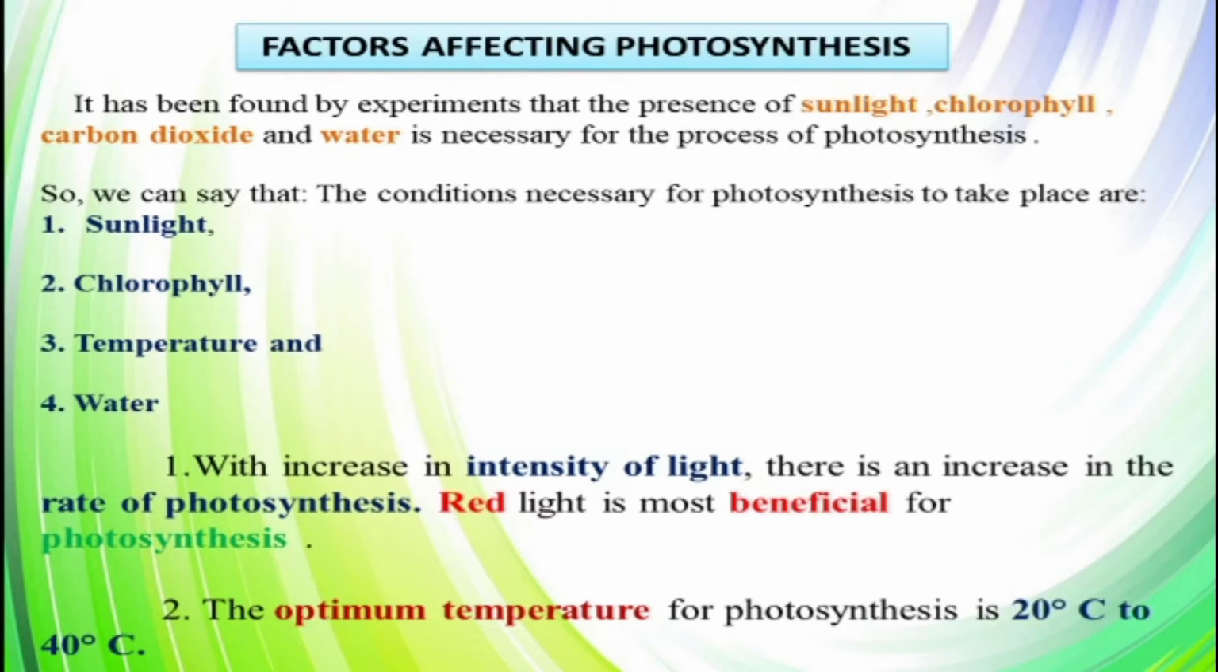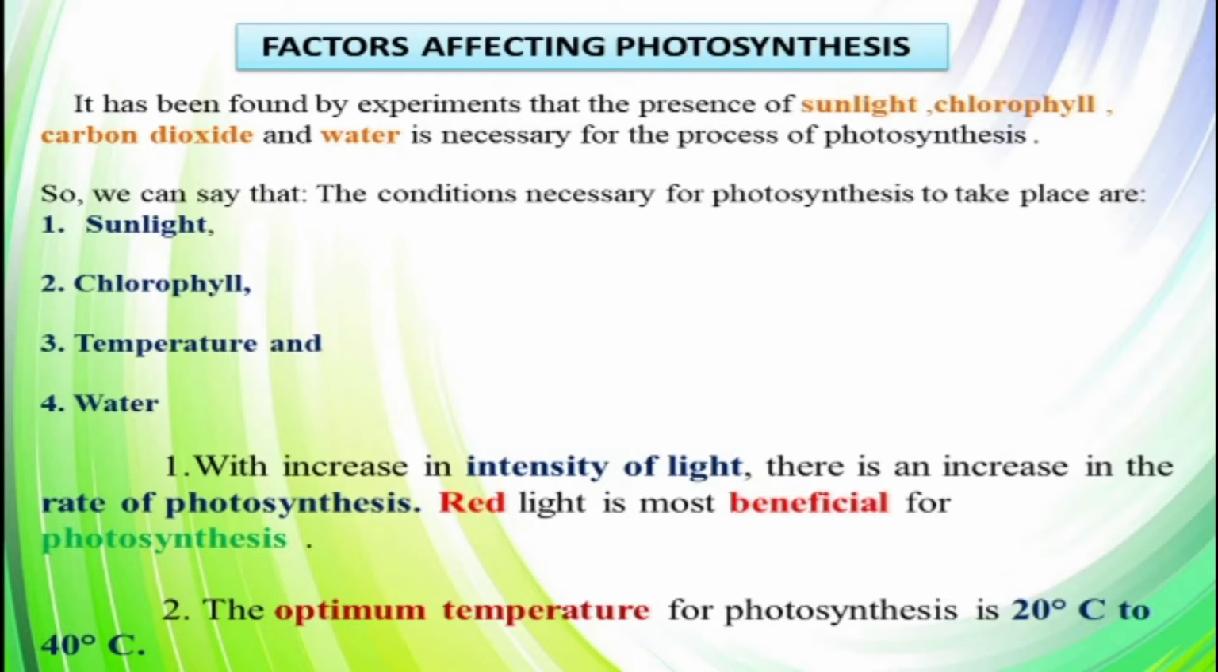Plants only do this process for the preparation of their own food. So we can say that the conditions necessary for photosynthesis to take place are sunlight, chlorophyll, temperature, and water. Dear students, these four main components are used for photosynthesis. Here, the first one,